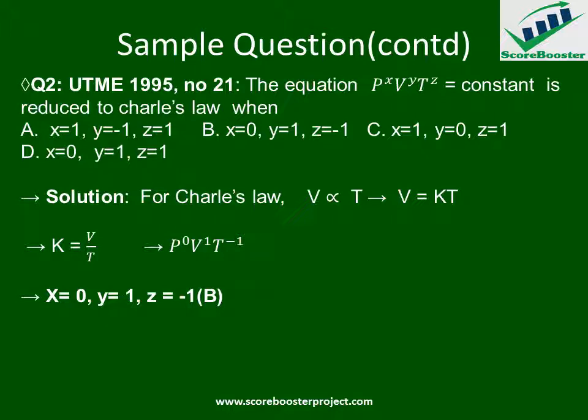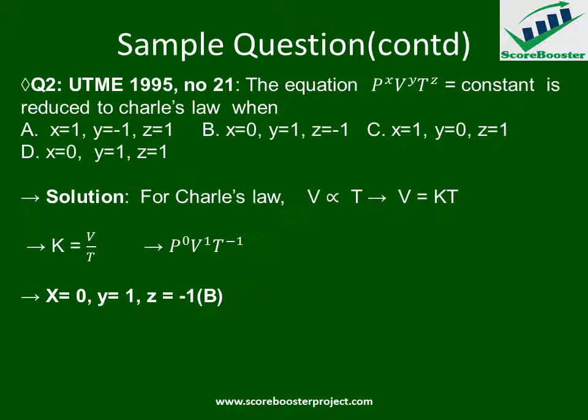I repeat the question. The equation P raised to power x, V raised to power y, T raised to power z equals constant is reduced to Charles' law when option A says x equals 1, y equals -1, z equals